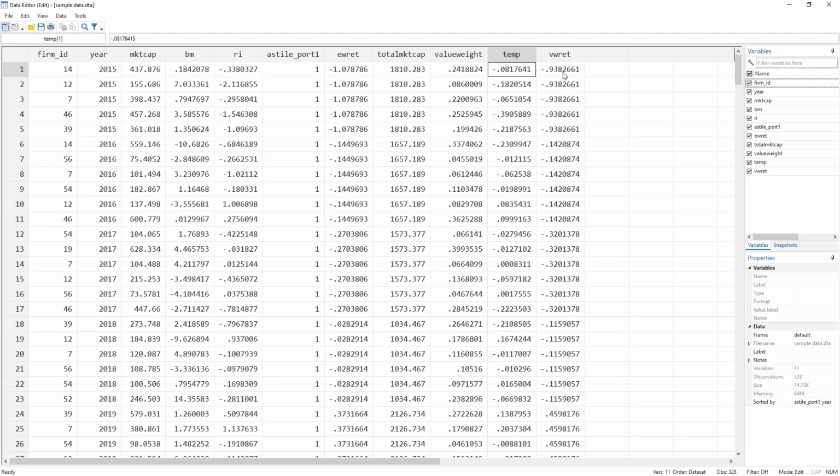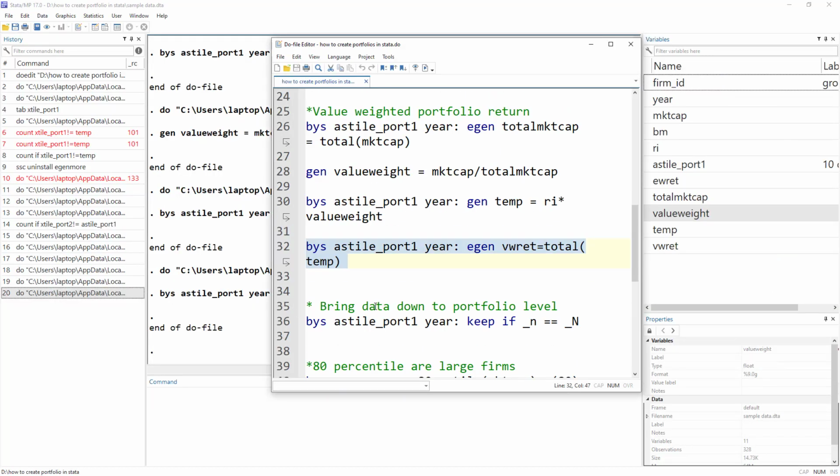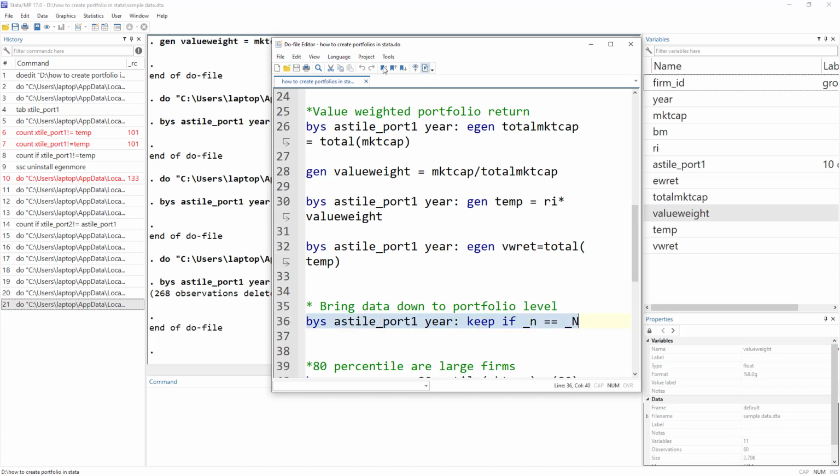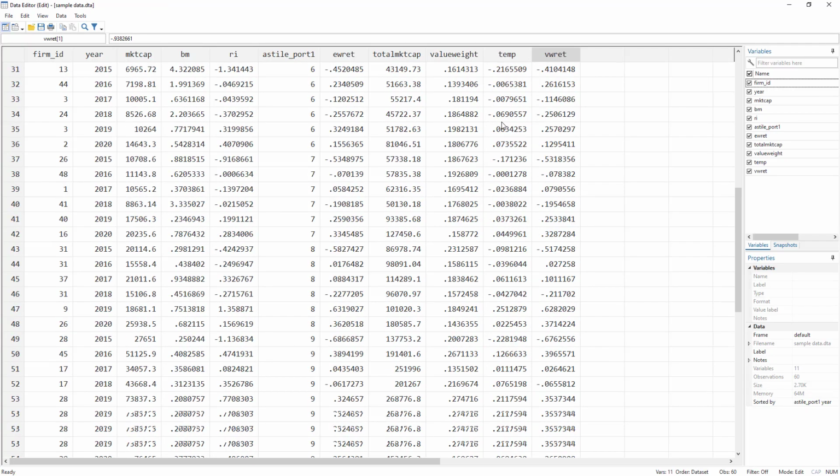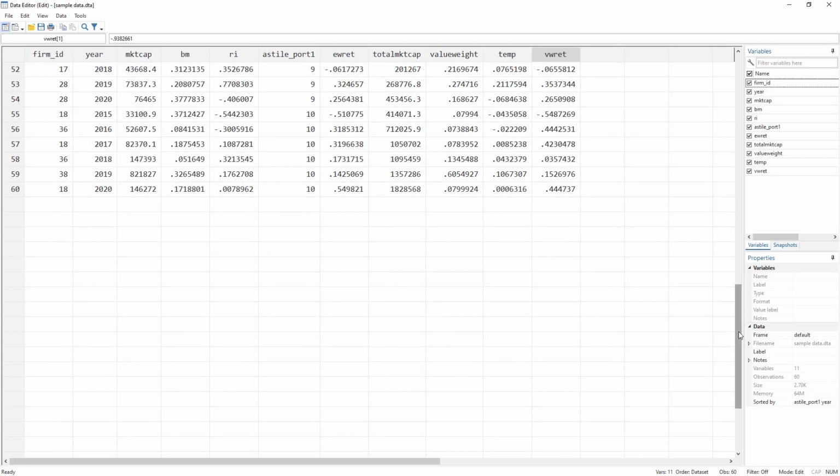So now we get value weighted returns, right? So we have equal weighted returns and we have value weighted returns. But again, there are repeated observations. So what we do is we just bring the data down to portfolio level. And for each portfolio each year, just keep a single observation. So now we have around 60 observations